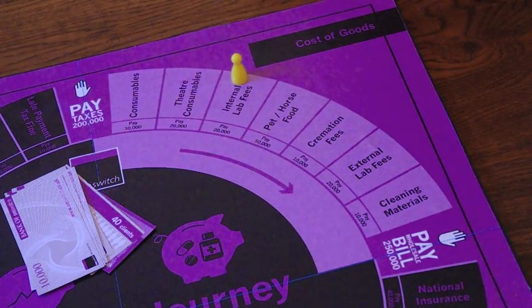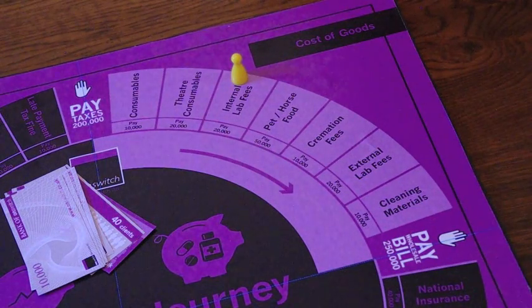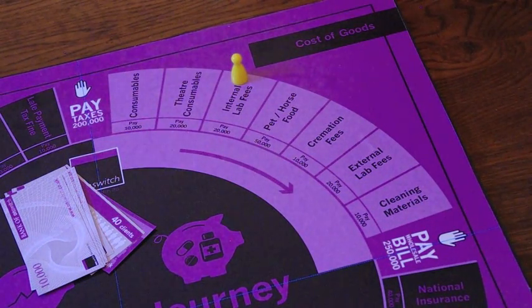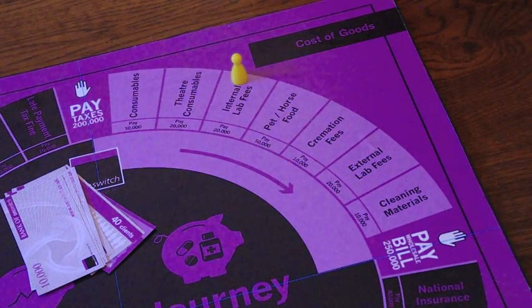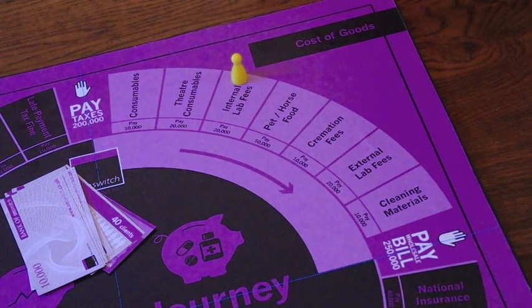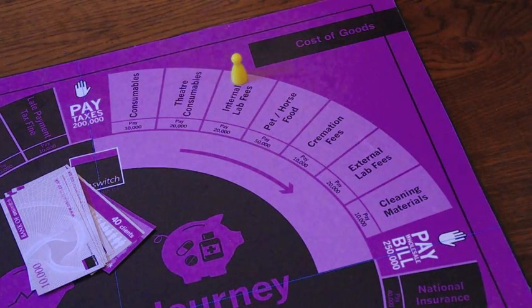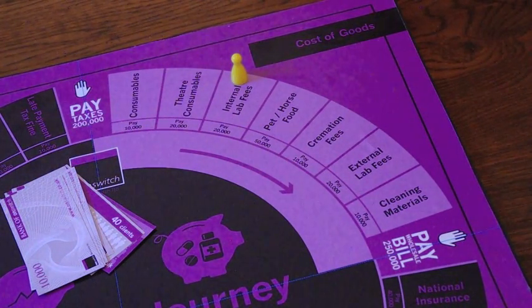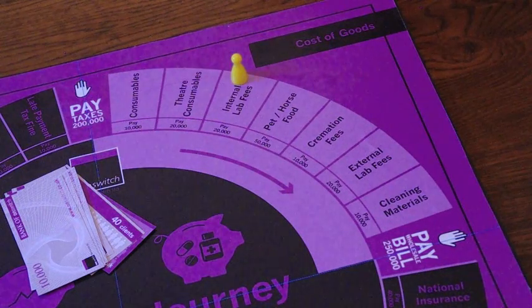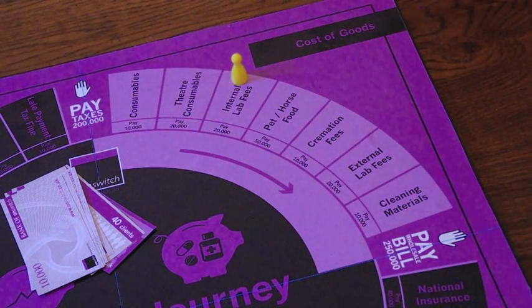Internal lab fees: the cost of looking at lab fees, the running costs, whether using reagents or dry chemistry or wet chemistry. All of these things, getting it right first time, so that the cost of running the internal lab is brought to everybody's attention. It's not just a quick blood test, there is a cost associated with that, not just in terms of the consumables, but also in terms of the trained staff, the trained team members that are going to actually utilise the